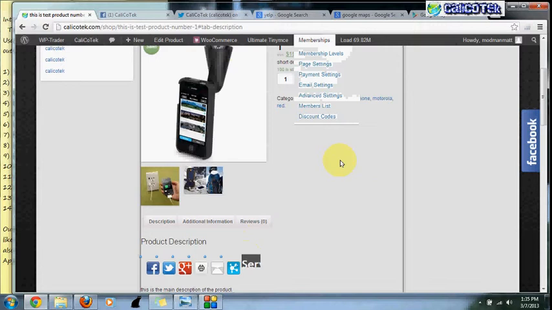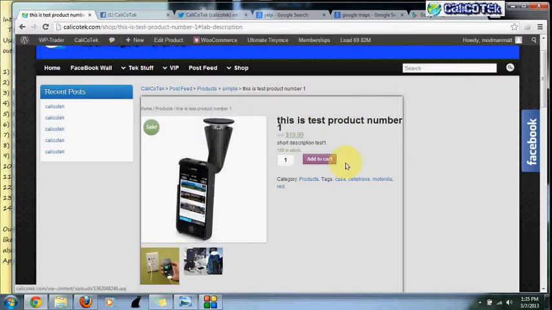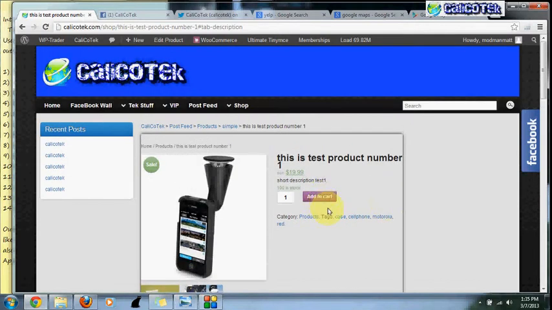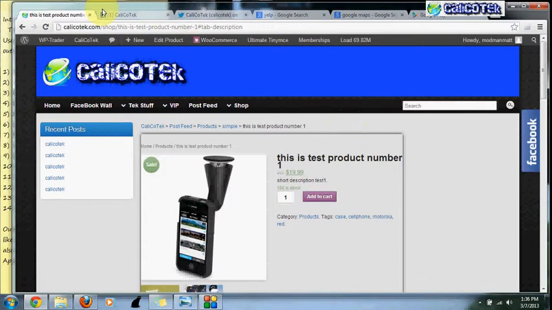And this is a little bit chaotic right now because I haven't organized the theme or anything yet, but you get the basic idea. The product's there, everything is there, and it's now on the store. It's ready to get sold. It's a live product. So now we're going to go ahead and go on to the next thing, since we pretty much covered the store